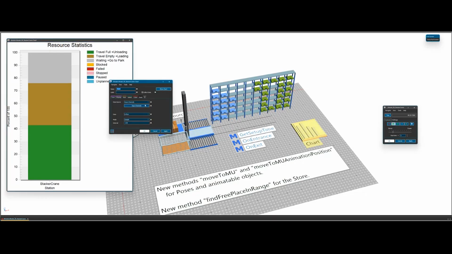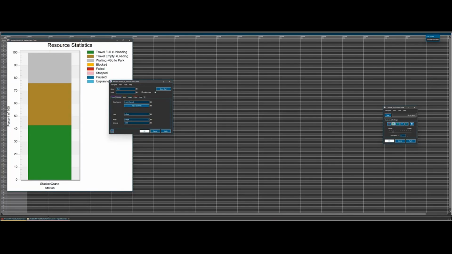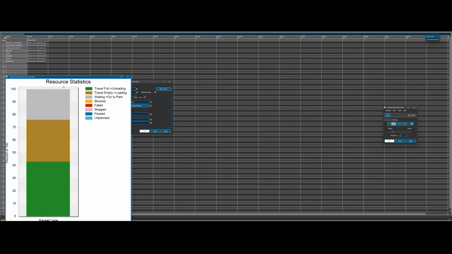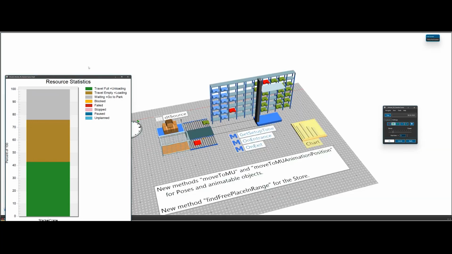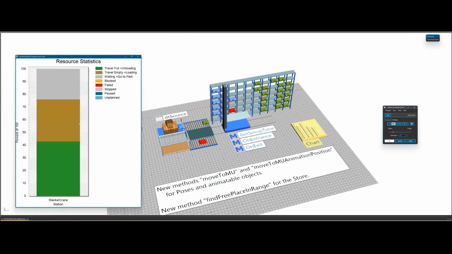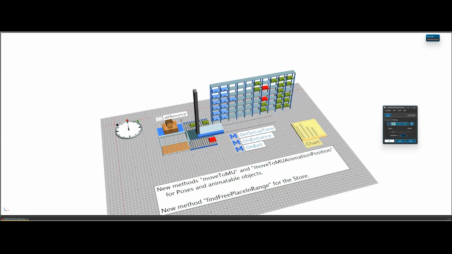So all I did was use the basic resource statistics chart, and then I simply switched the labels here because my working and setup portion is still the normal Plant Simulation statistic that you have. I only switched the labels for my chart. Now I can see how busy my stacker crane is working in this system. This is no new feature, of course, but maybe you were not familiar with the fact that you can easily manipulate statistics like this.